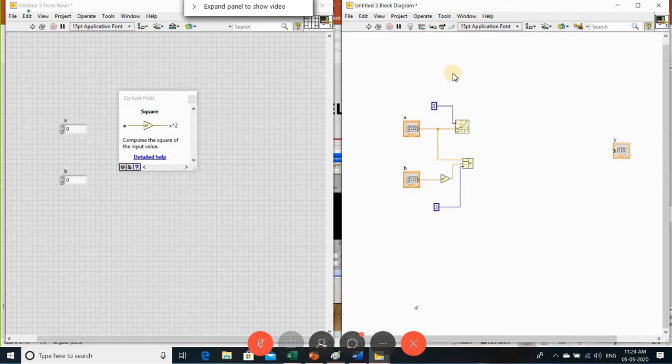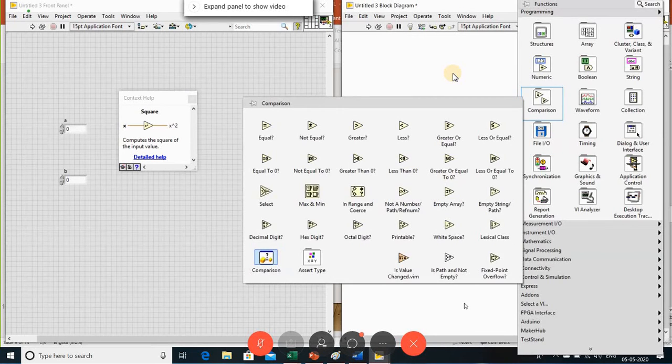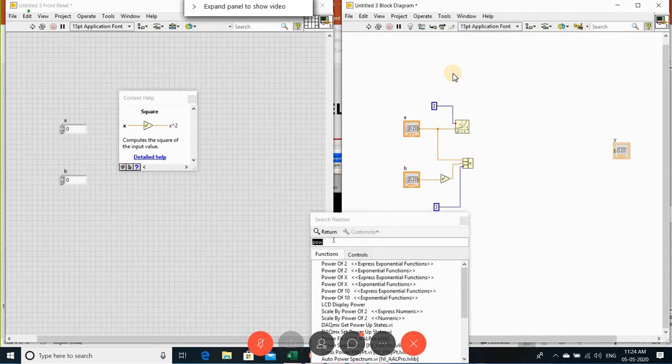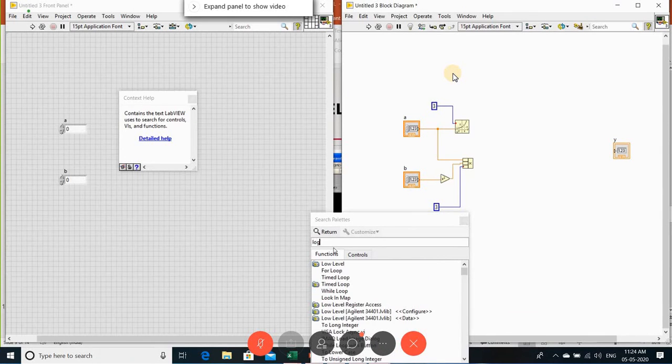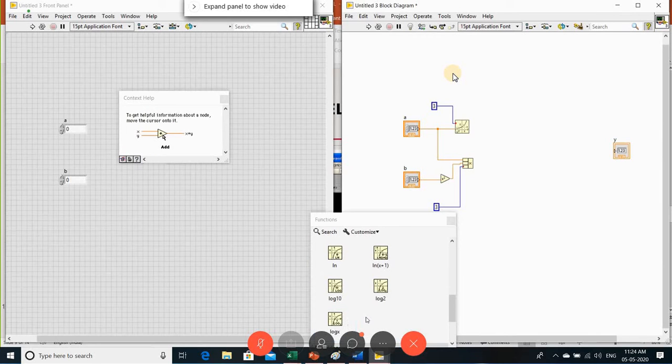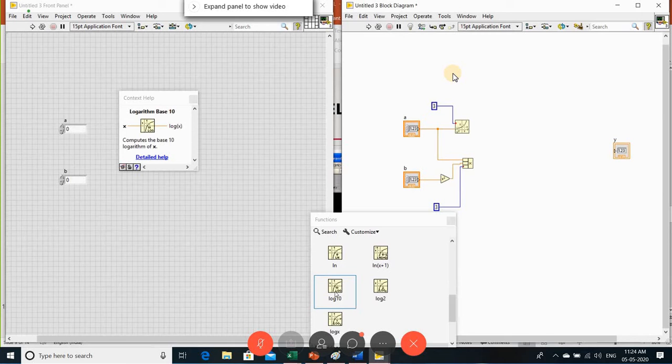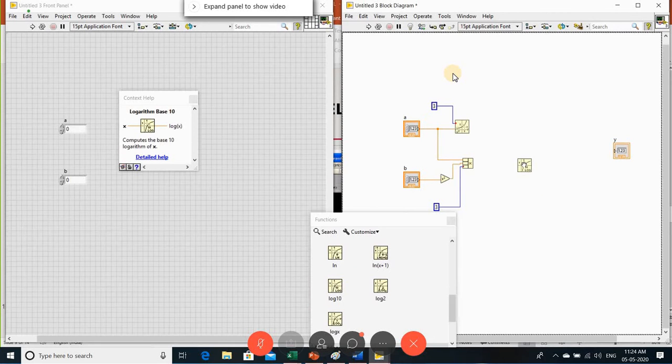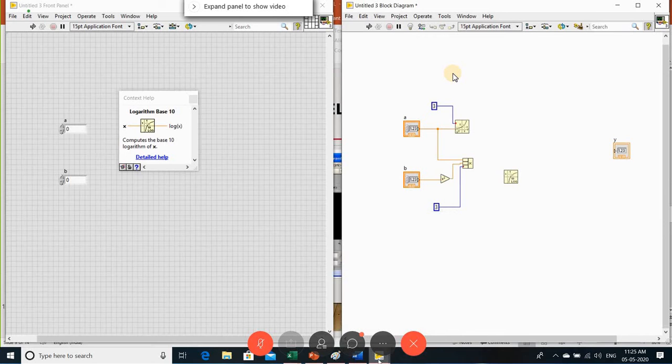Next, I want to do log a. For example, I don't know where the log is, I don't know the path of it. How am I supposed to find it? Go to search. In the search box, type the functionality you want. Type log. You can see logarithm of base 2, logarithm of base x, or logarithm of base 10. Let me take log of base 10.